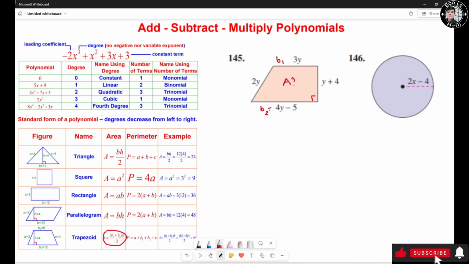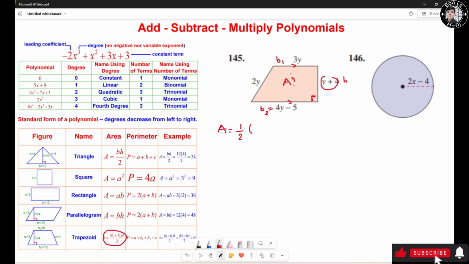Keep in mind, the bases are always parallel, right? So this guy and this guy are parallel, right? The height right here,